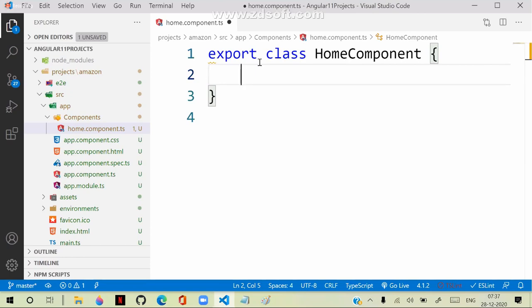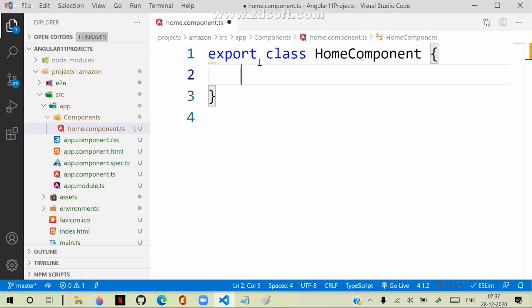You can give a different name, but we will not do any abnormal coding here. We will just maintain all the standards in a correct way. And it's not mandatory that it should have a component suffix also, because at architecture level we can configure any name.